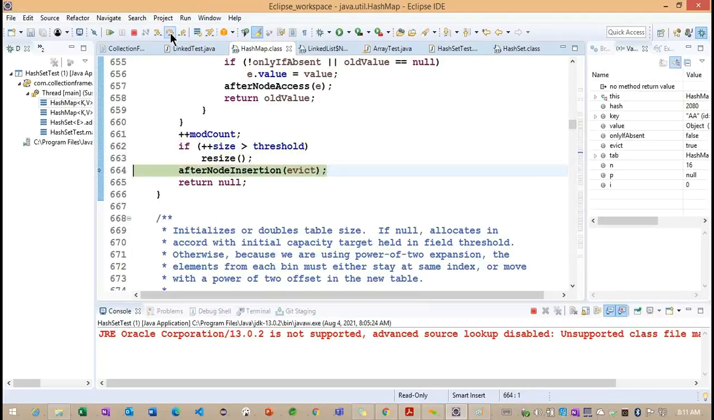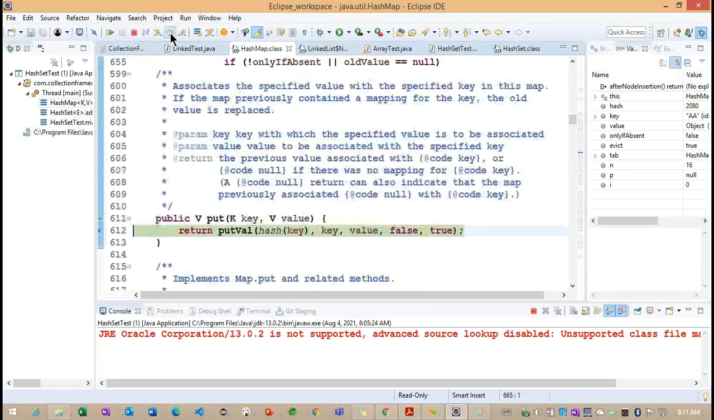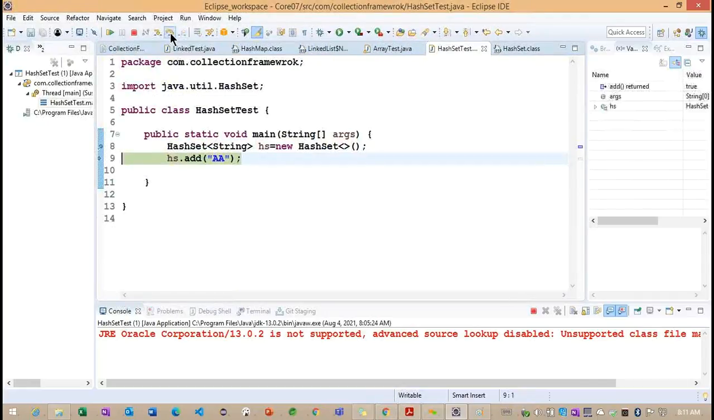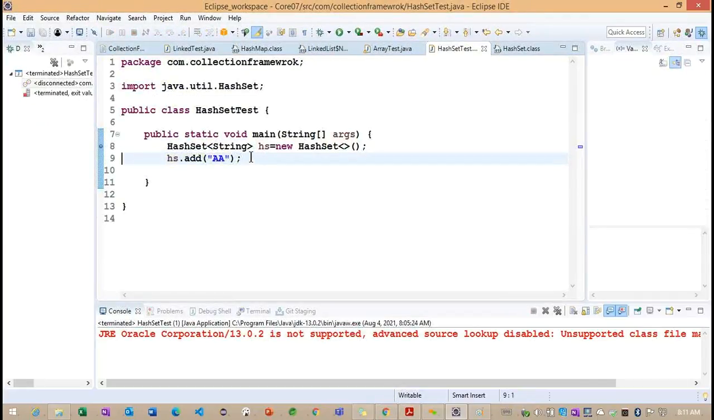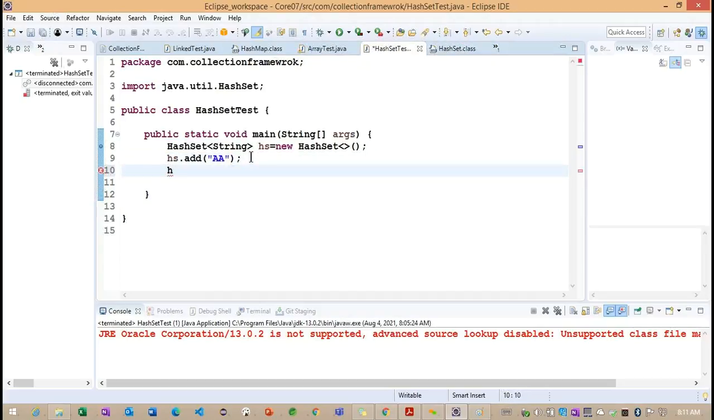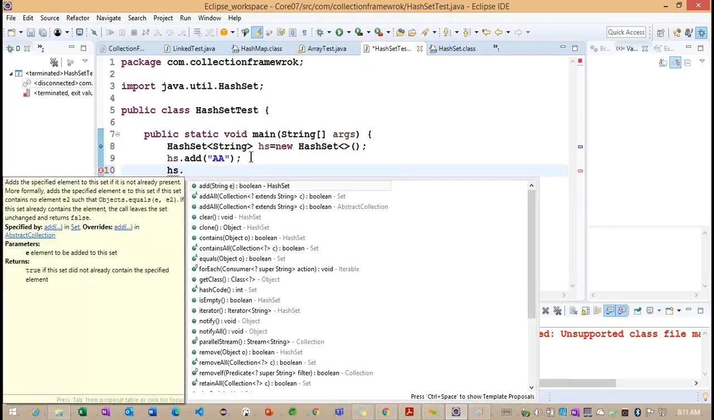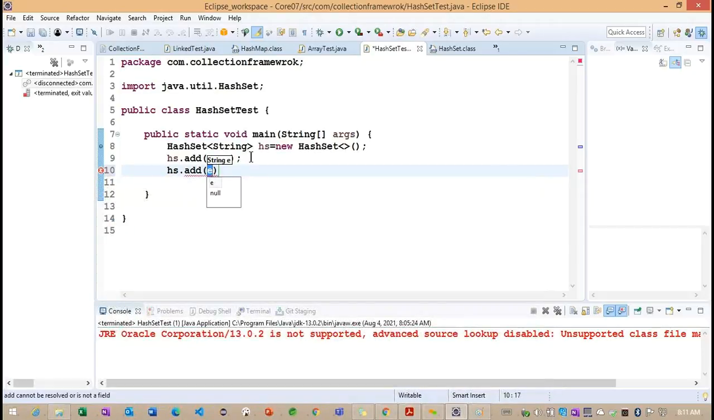But what we need to understand here is how this particular hash set is going to work. So I want to provide you some information regarding this hash set here. Basically, whatever elements we are going to add, we are not going to get them in the same order. So hs.add, if I'm going to provide